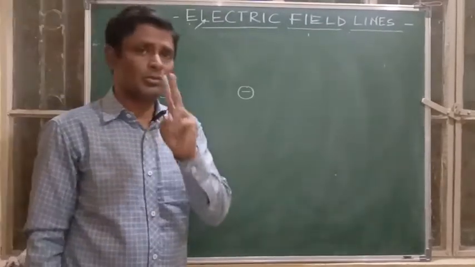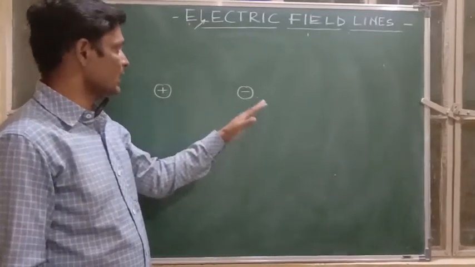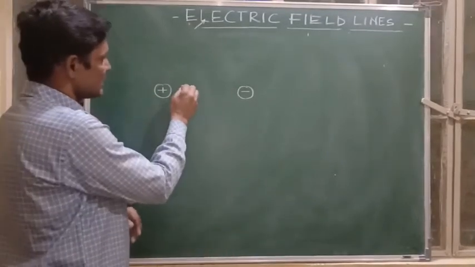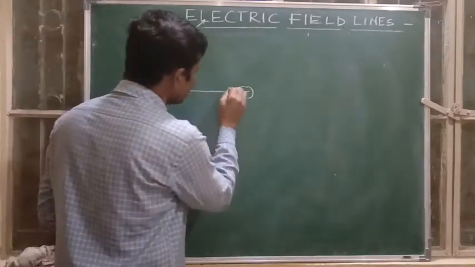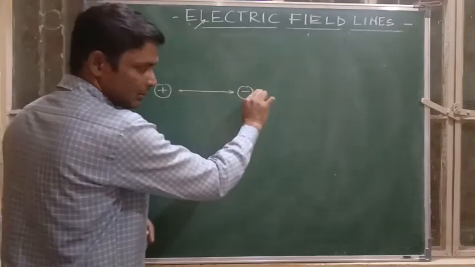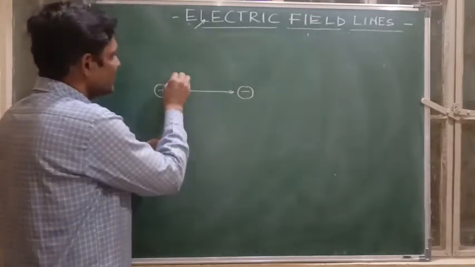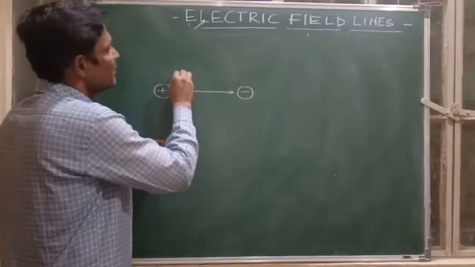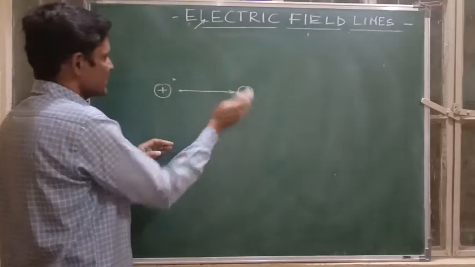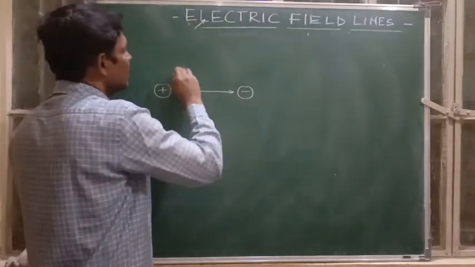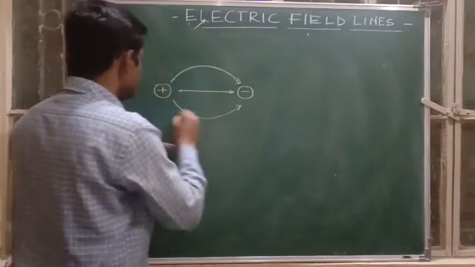Now for two equal charges, one positive and another negative. If I take a positive test charge here, it will be repelled by one and attracted by the other. So the line will move from here to here. That line will be along the movement of the positive charge. If I place that positive charge here, it will be repelled by this one, but it will be attracted by the negative charge. So it will follow a path like this. Similarly, this.